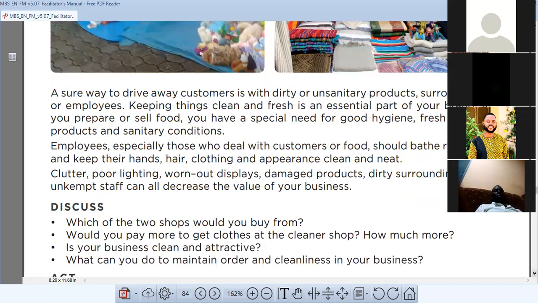Poor lighting, worn out displays, damaged products, dead surroundings, and unkempt staff can all